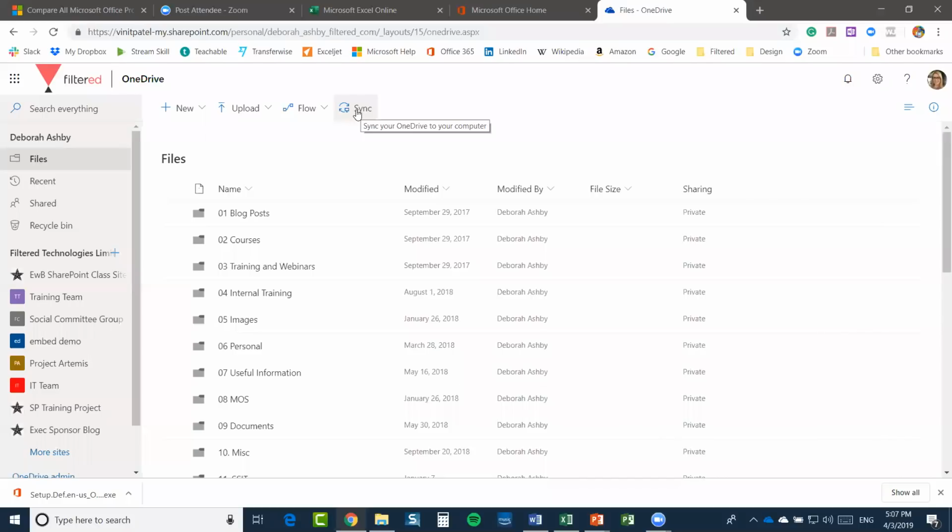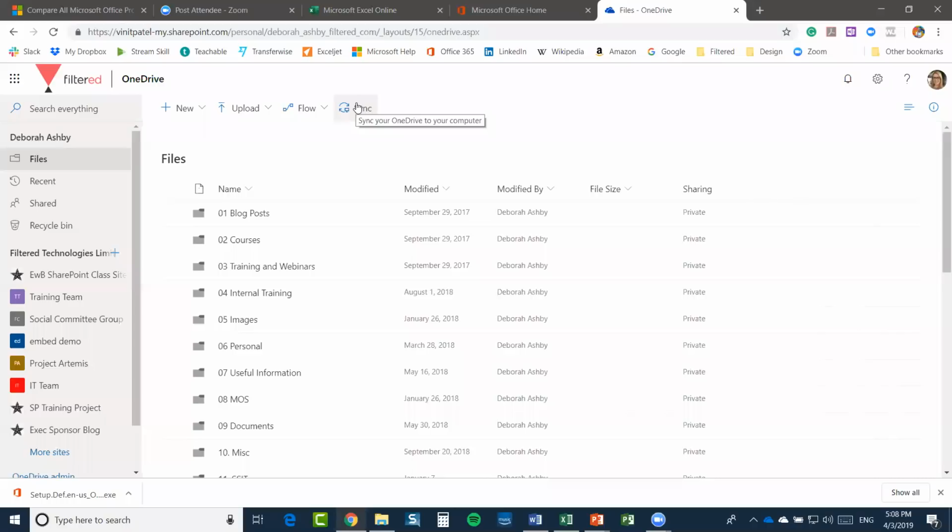So I'm not going to do it because obviously I already have them synced, but if you click that, you can go in and you don't have to sync everything. You can select specific folders if you want to. I know one of the big concerns, and this is a concern for me as well, is space on my hard drive. And that is something you have to think about. If you have thousands and thousands of files in OneDrive, and then you attempt to sync them all to your local PC, you might find that you run out of space. So you need to be a little bit mindful about how many files you're actually syncing, and also think to yourself, do I actually require every single folder to be synced to my PC, or do I just want the ones that I use most often? So you will have that choice when you go into sync,